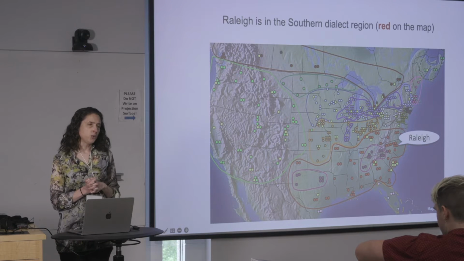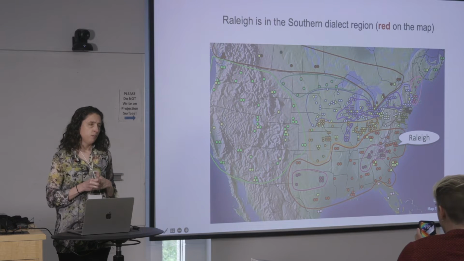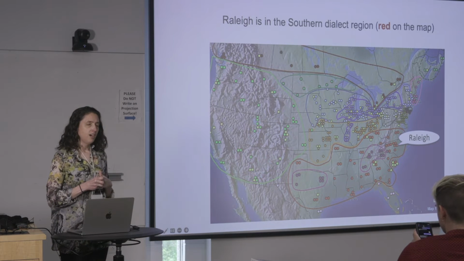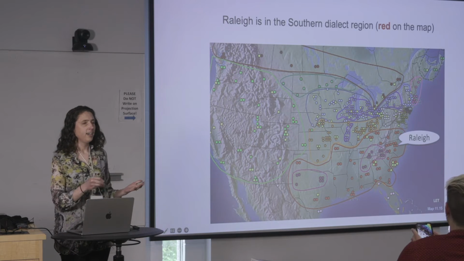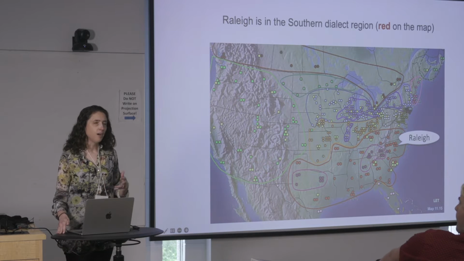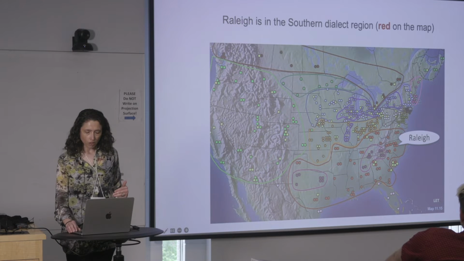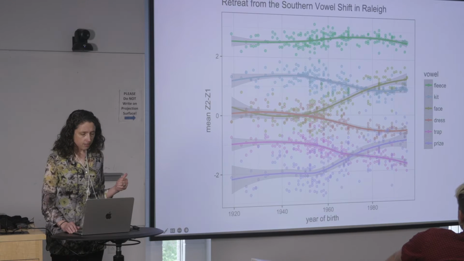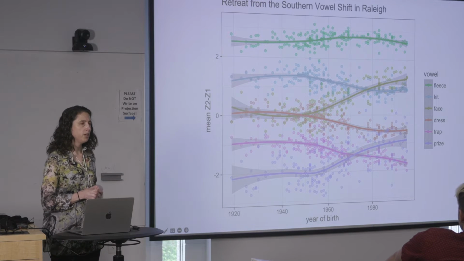Now, the red isogloss means that people within the red line variably produce ai gliding, which means that for words like high and tide, you can say ha and tad, right? And there's all kinds of structural constraints on that, too. And we can get kind of an overall picture of vowel change in Raleigh.